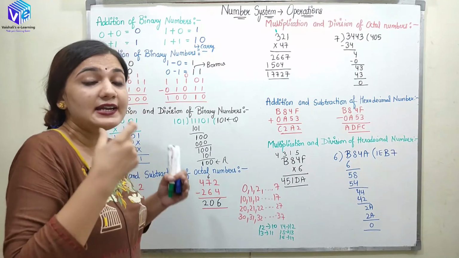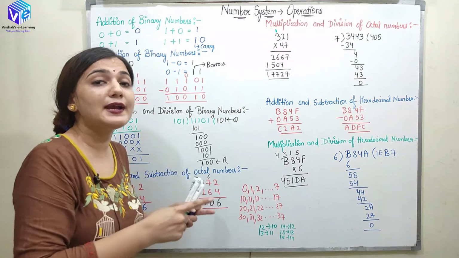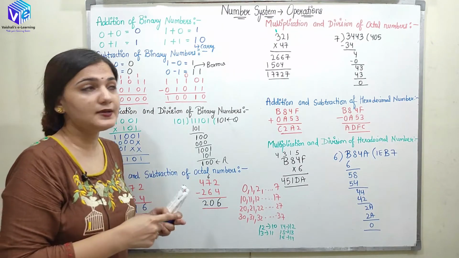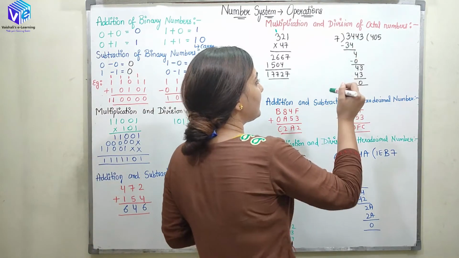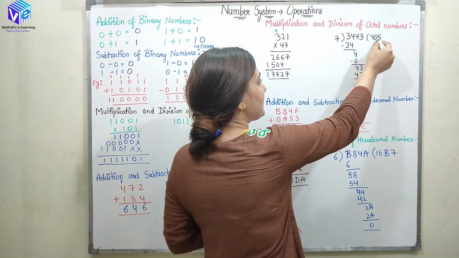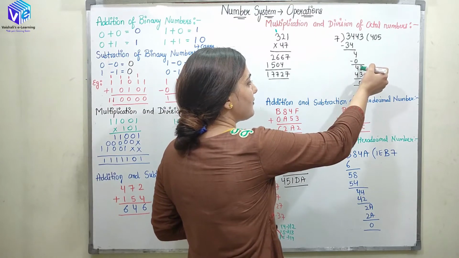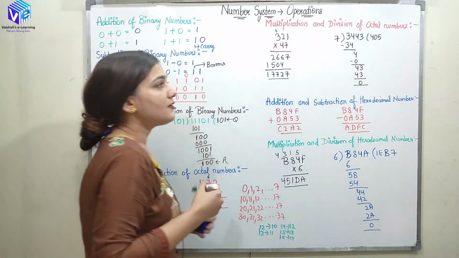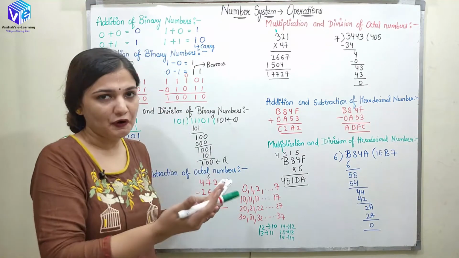But this 28 is in the decimal number system. If I need to convert 28 into the octal number system, it will be represented by 34, right? So here we will be having 34. Now I will be taking 4 as it is, and I will be multiplying with 0 because 4 is lesser than 7, and then again I will be calling 3, and now 7 5s are 35 in decimal, but 7 5s are 43 in octal, right?